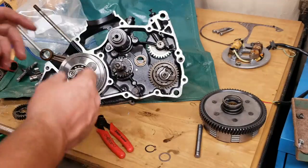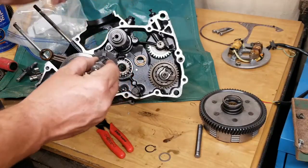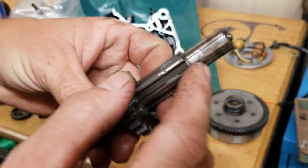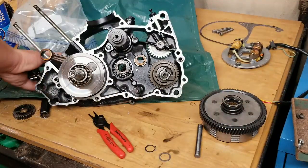Okay. Then this one right here is going to come out now. The clutch is out. That part stays in there. There is a bearing on this one right here. It's held in with grease. And you can see how this one is smooth and there's nothing on it. And then when I take